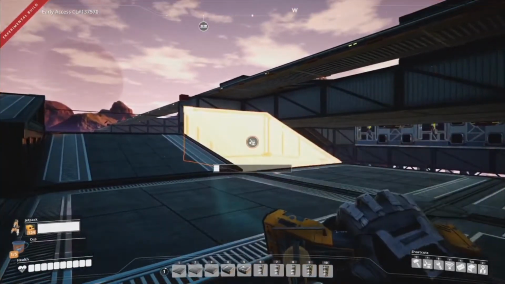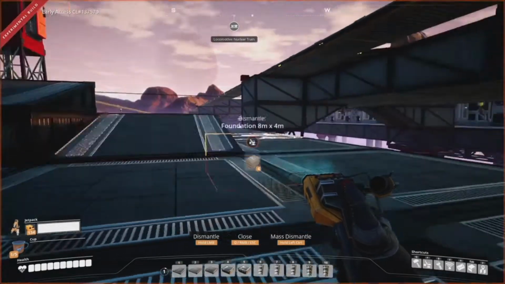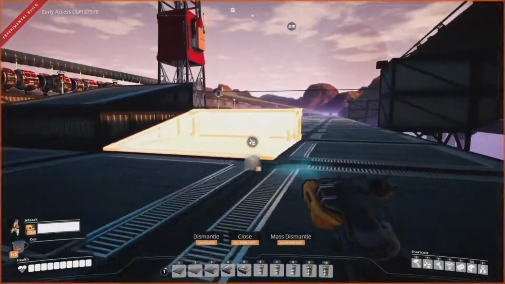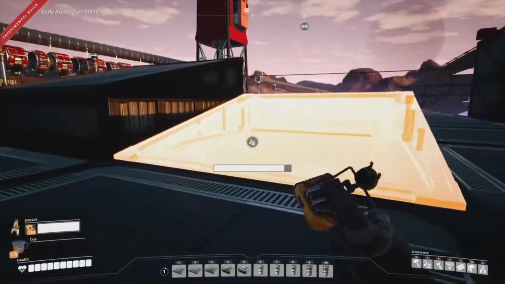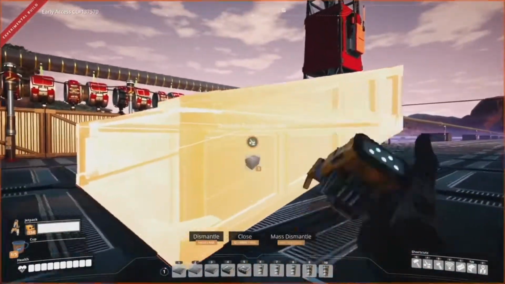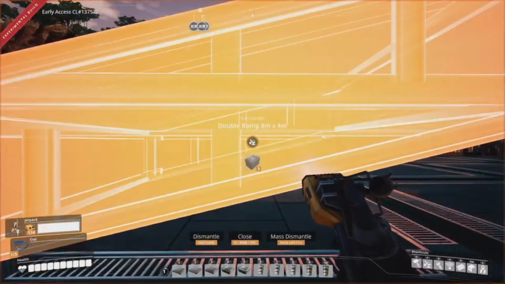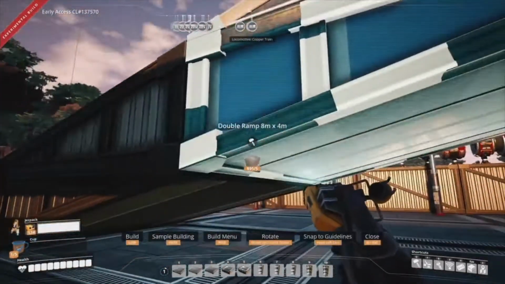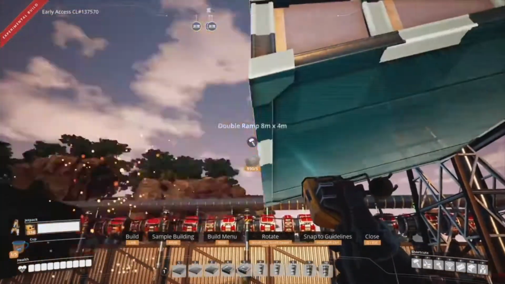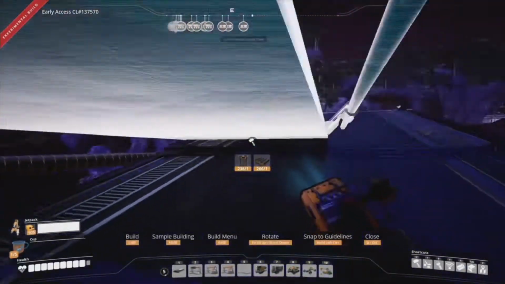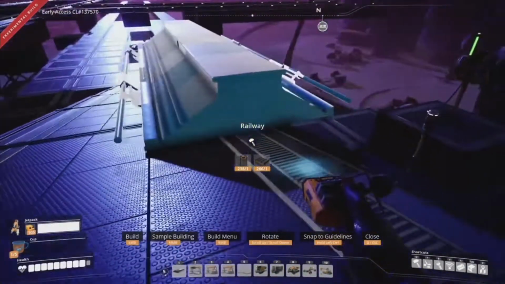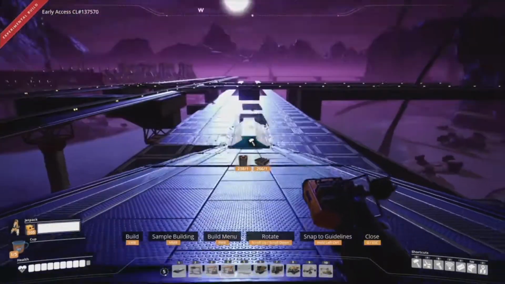It's too steep. I always use this pretty much everywhere, whether we're talking trucks or trains, this is the one to use. And mostly I actually use the double ramp, 8-meter by 4, because I find it looks nicer in most situations. The best way to get the best placement on your tracks, in my opinion, seems to be by